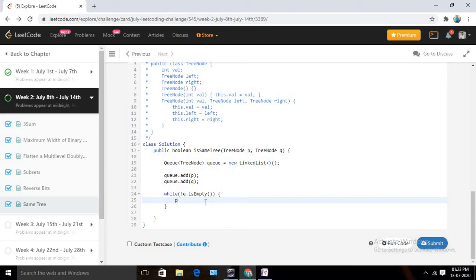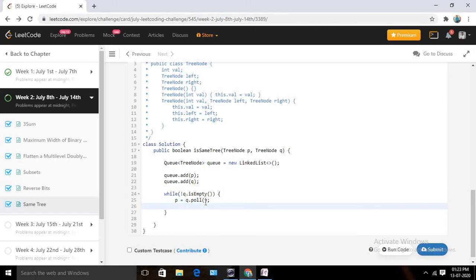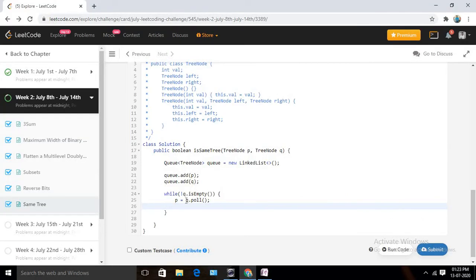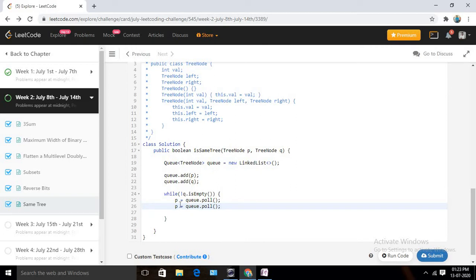So we can poll the first value like this: queue dot poll, so it will remove the first element and give me the element. It will remove the 4, and I will get the element as a return. I am going to store it in p only. And again I am going to poll the second element also, so it should be q.